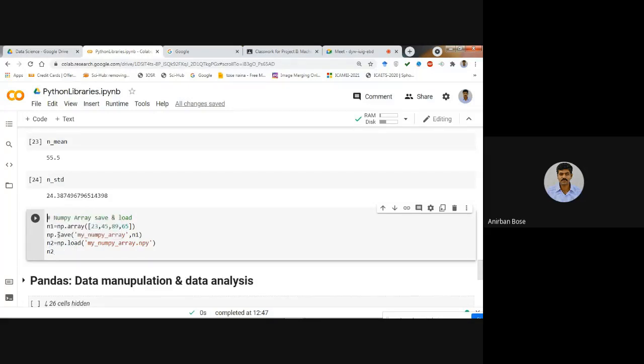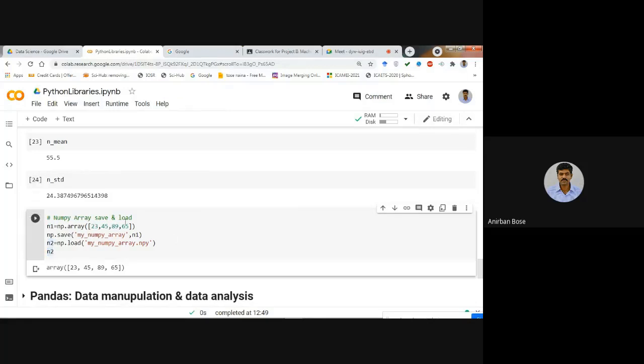So in this way you will be able to load that. Here you see that if we do it, and finally we want to see what is there within n2, you will find that same n1. You can load it, because n1 is initially saved, and after that you load this n1 and put it in another array called n2. Now if you print n2, you see that it is actually working. That means in this way you can load a NumPy array. These are some of the very basic operations of NumPy that we have seen.